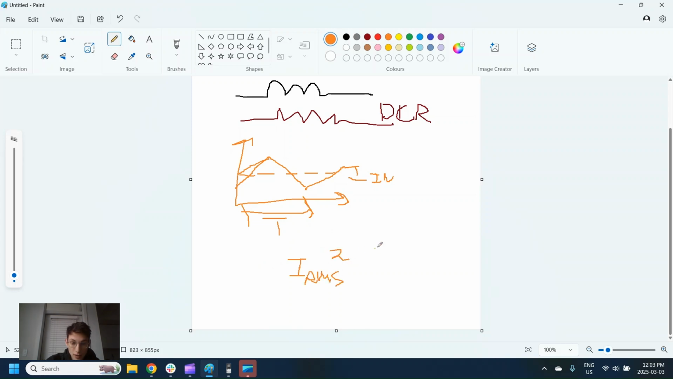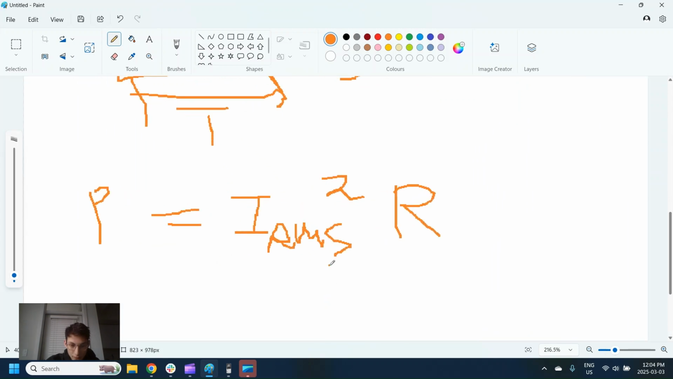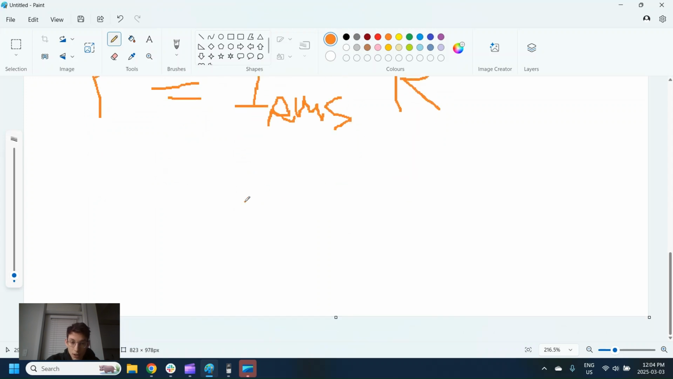IRMS squared times our resistance, which is this, and that will give us our power losses, which would be great if we had our IRMS. So what is IRMS? Well, that is just going to be our square root